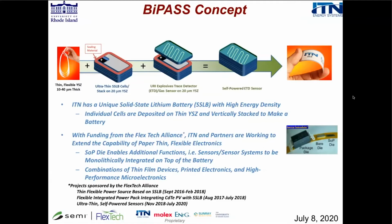And so we had the good fortune of starting to work with many partners, as Otto indicated in the bottom of the slide. You see several of them, of how we could start to envision having an entire sensor system that could get into this truly paper thin format. And it takes advantage a lot of some work that was done at American Semiconductor, where they have processes to take high performance silicon out of a packaged die format and bring it into a bare die and a polished thin bare die, where high performance silicon can be 30 microns thick